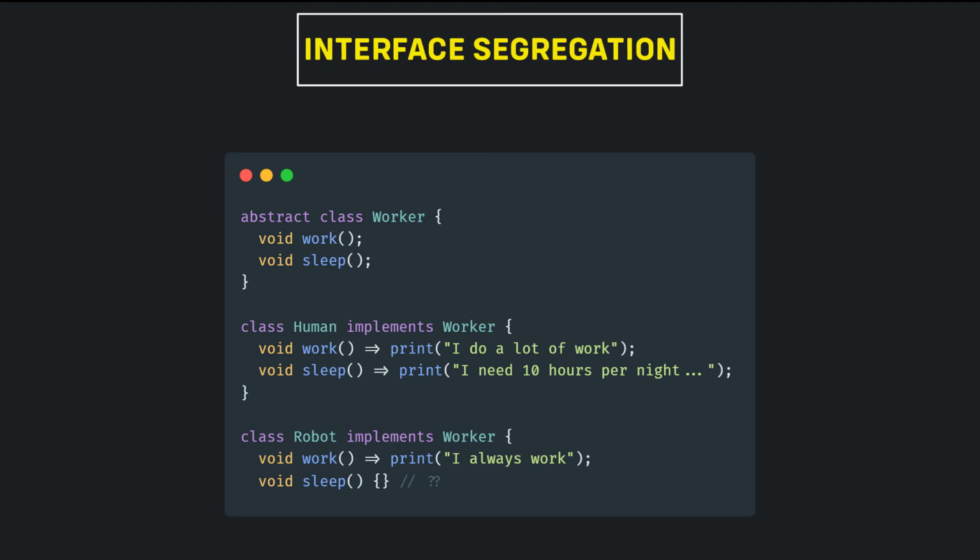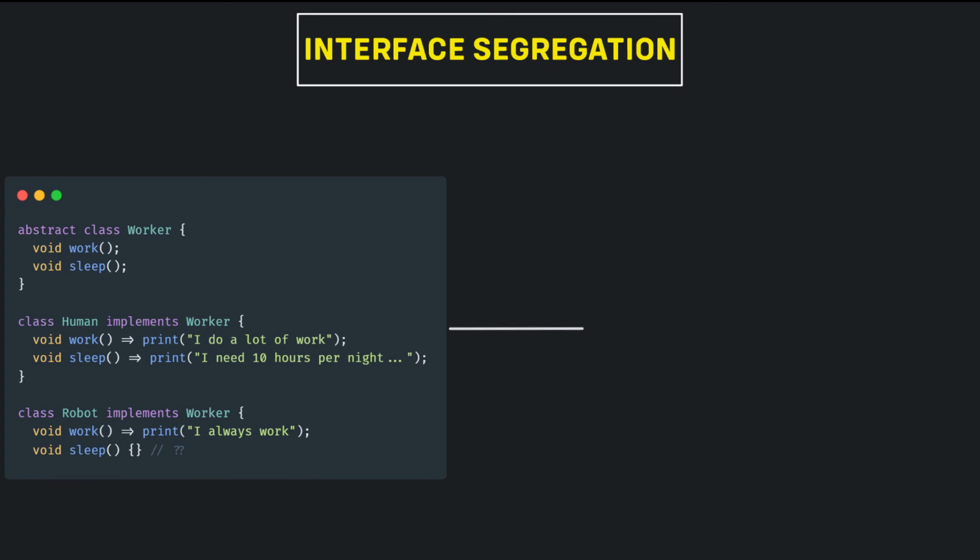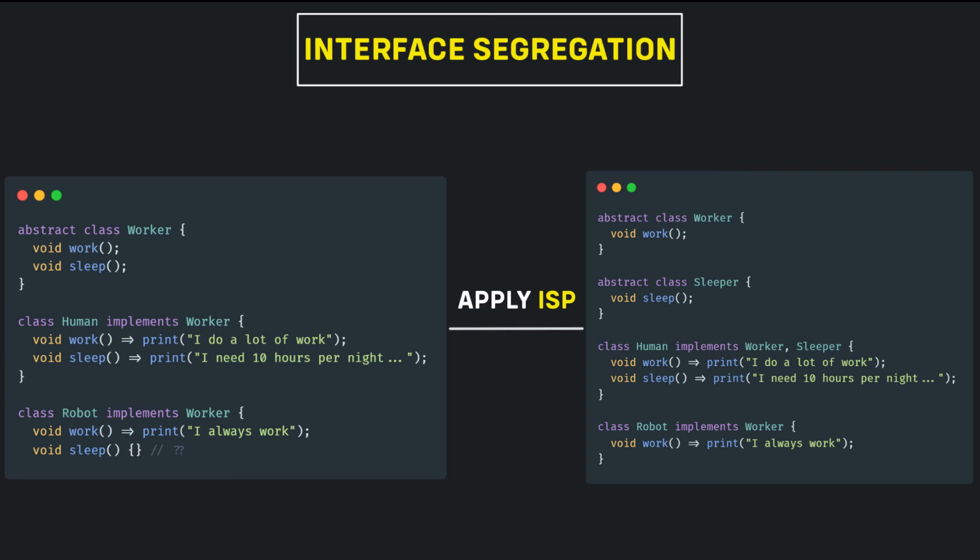The problem here is that robots don't need to sleep, so we don't know how to implement that method. Worker represents an entity able to do a job, and it assumes that if you can work, then you can also sleep. In our case, this assumption is not always valid, so let's split the class. This is much better. Now robot is not forced to implement sleep anymore, and we have loosened the constraints for